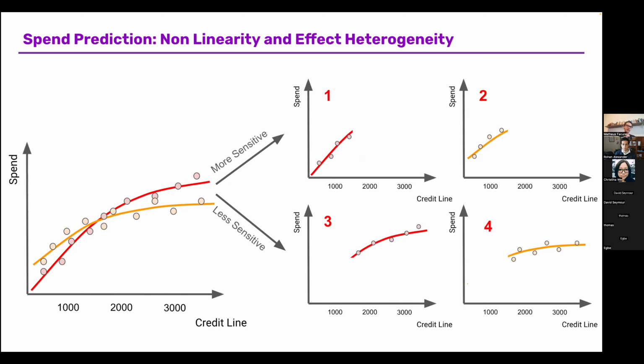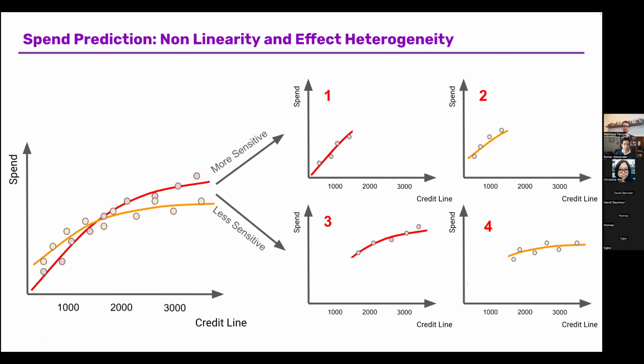While if you have a problem where someone is already a customer and you want to give them a credit line increase, so they are on this curve. Let's say someone has a credit line of 1,000 and you want to give them an increase. You can focus only on the small portion of the curve, only around 1,000, and that makes the problem a lot more tractable because you don't have to estimate the entire curve. You only have to estimate a local derivative.